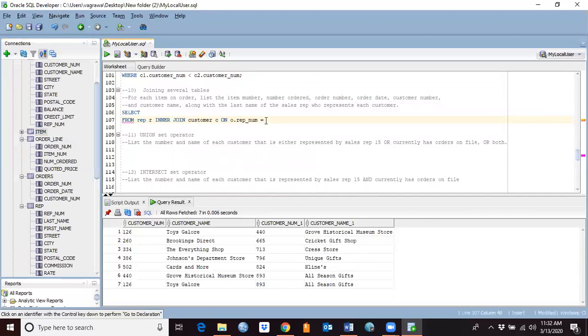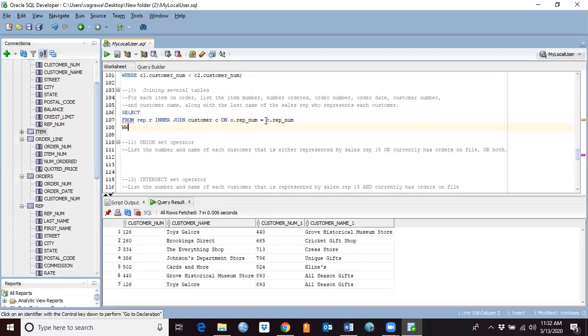Rep number equals C dot rep underscore number, right? Say inner join with the orders table, orders O on